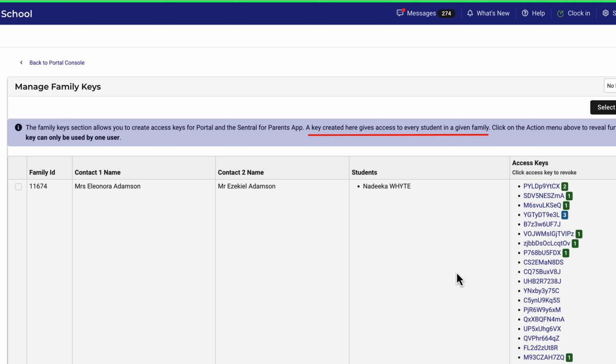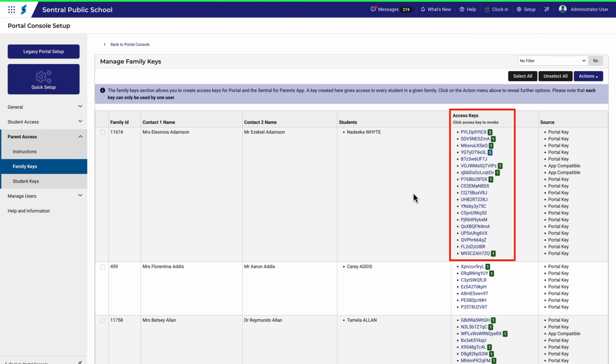Each key created here gives access to every student in a given family. You might therefore be wondering why there are so many keys for this family when there is only 1 student shown. That's because this example shows a demonstration environment, and it's not unusual to just use the first student on the list to demonstrate what's going on here. That's why this family has so many keys. You can remove or revoke these keys one at a time or all at once, and I'll get to that